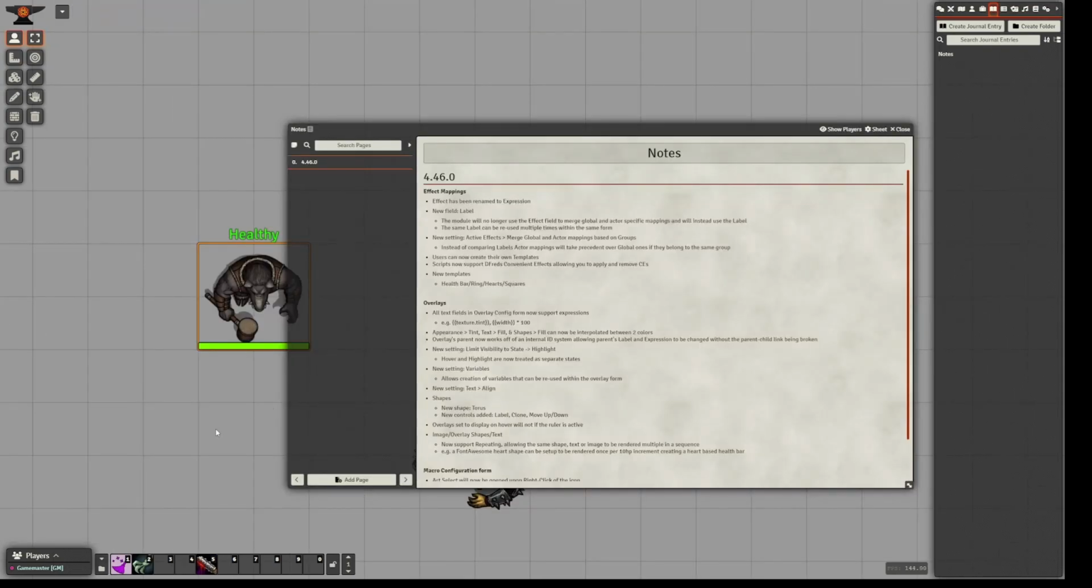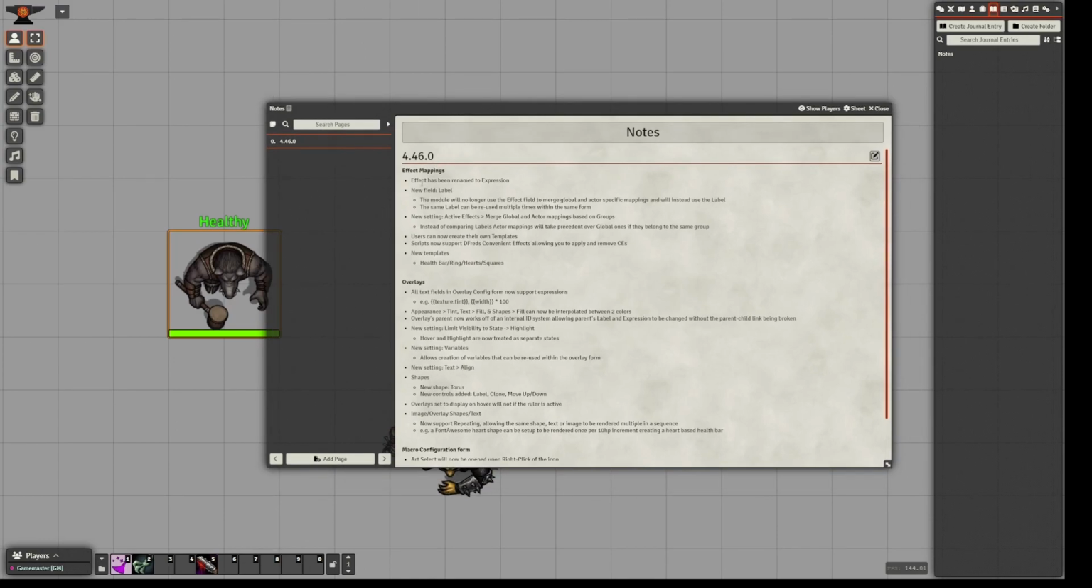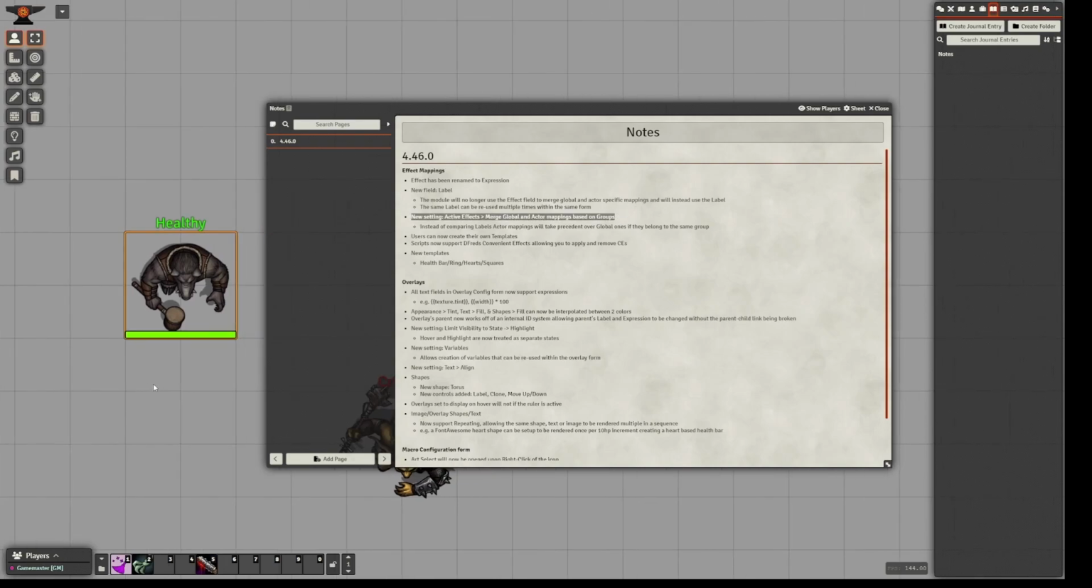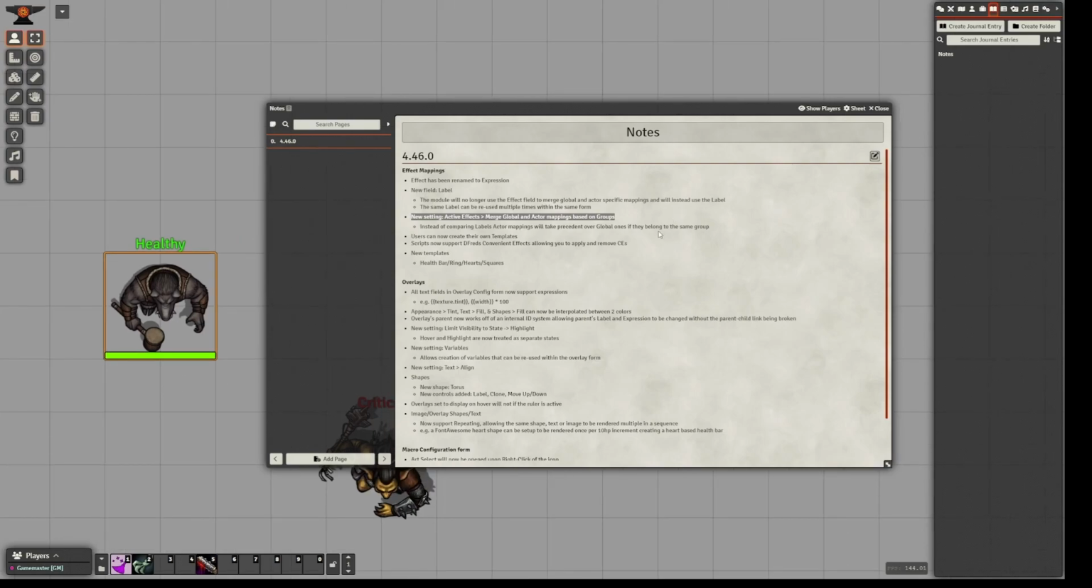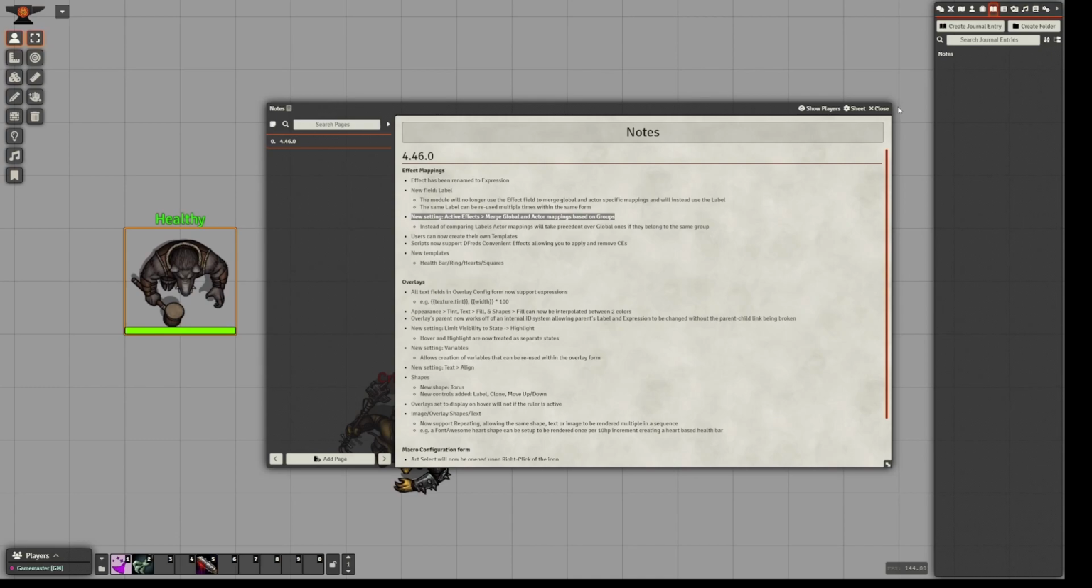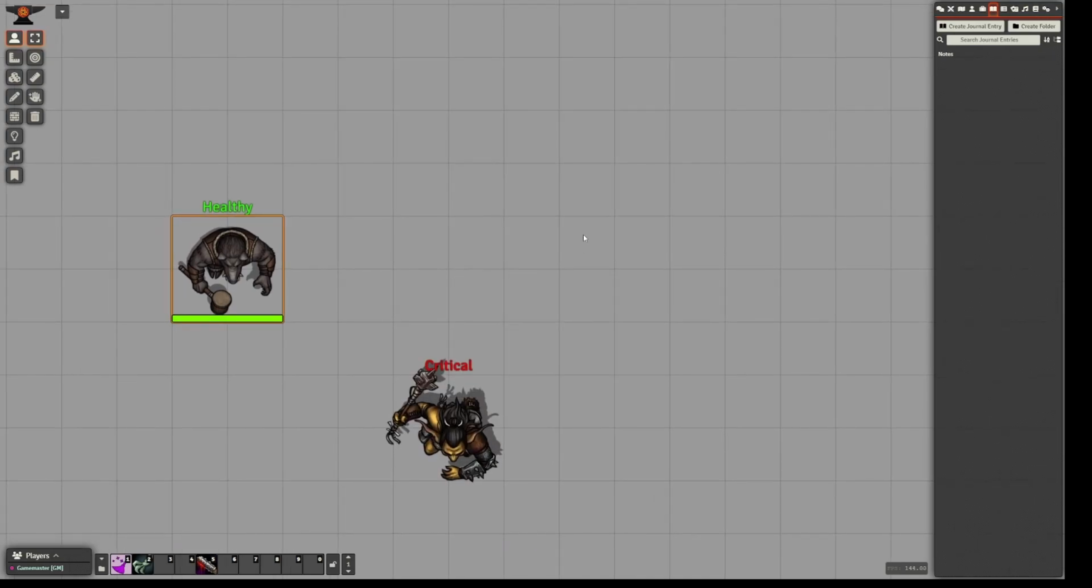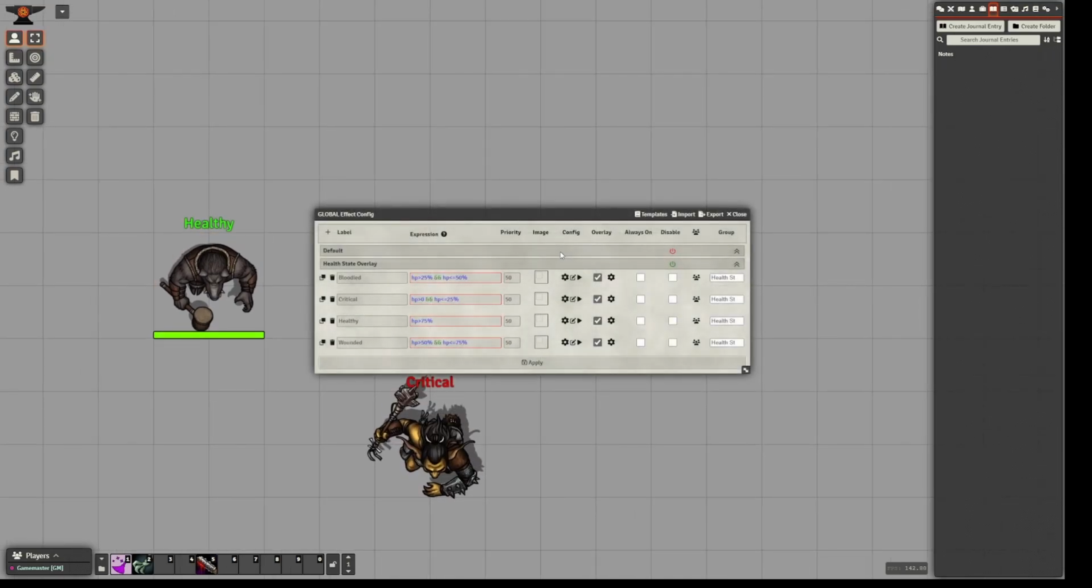All right, let's return to the version notes. So we've covered the expression field, the label field, as well as the ID system that underpins them. So let's move on to a new setting, which modifies the way that the module merges actor-specific mappings and global mappings. So as a reminder of how this merge behavior works at the moment,